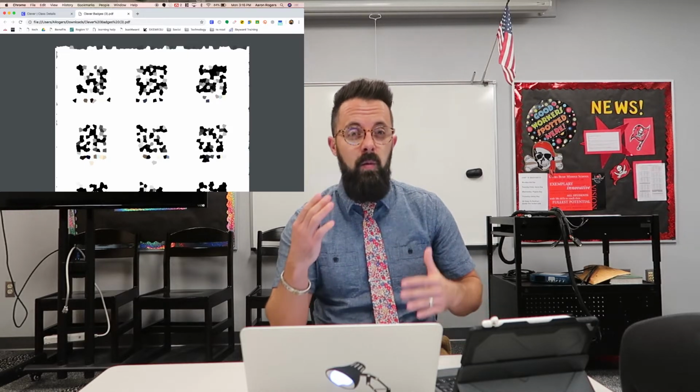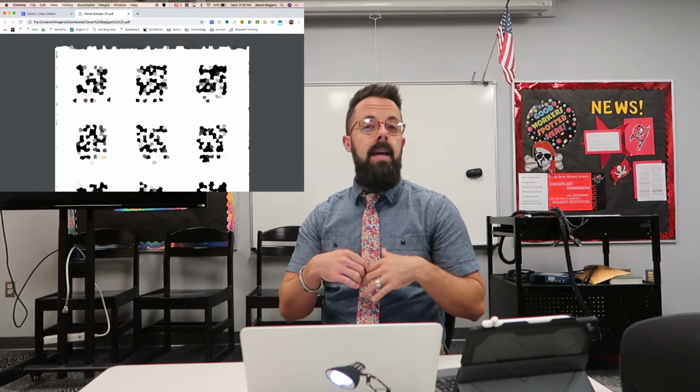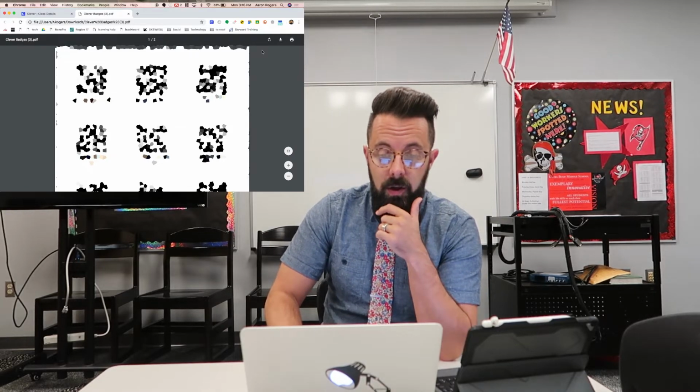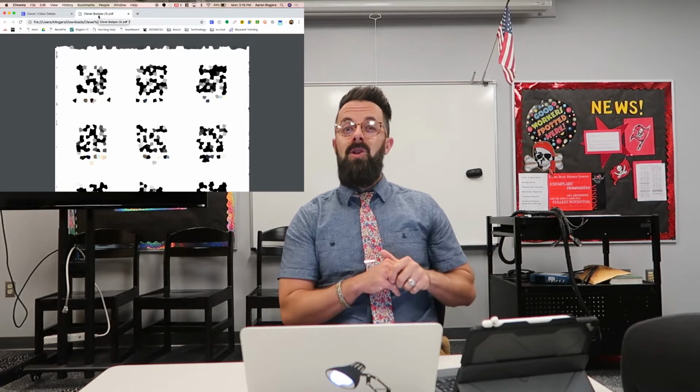Now, what's cool about this is once the kids go to log in on their iPad, all they have to do is show the QR code to the iPad and it's going to log them in automatically. Okay, so let's look at what this looks like. Once I've downloaded the badges, on this other side, let me show you what it's going to look like for a